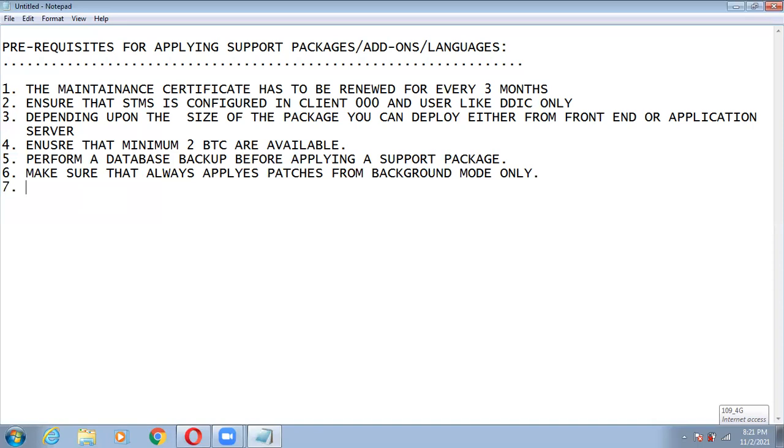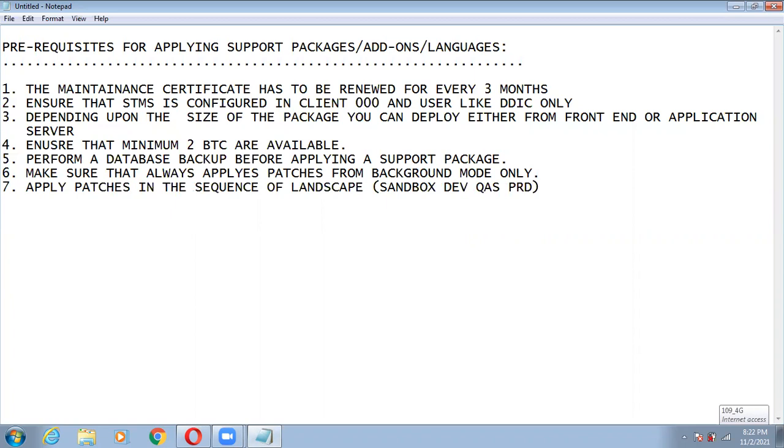Next one. Apply patches in the sequence of the landscape. For example, first sandbox, development, quality, production.